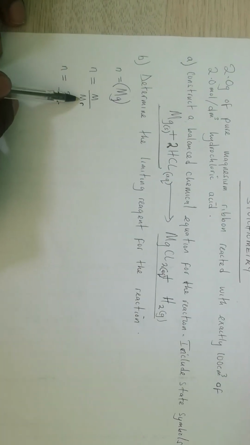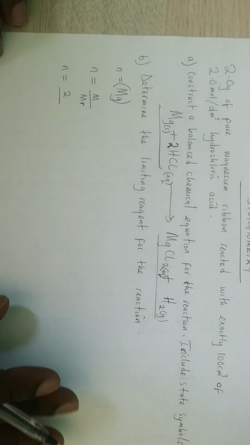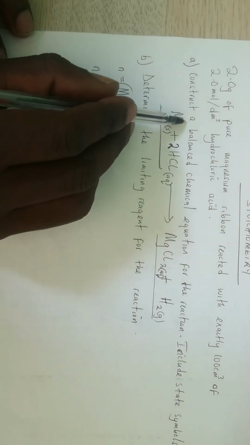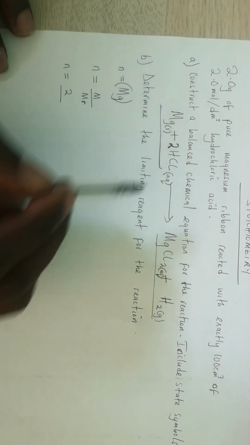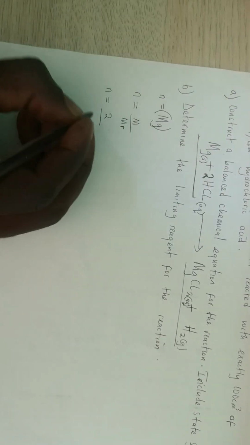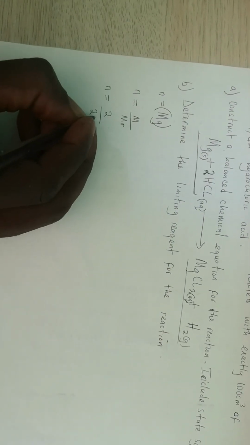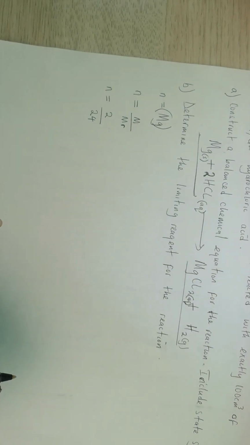And then the molar mass for magnesium is 24. How are we finding 24? Because we can see we have 1 atom of magnesium here. So we are going to say 1 multiplied by the relative atomic mass, which is 24. So we are going to divide 2 by 24, which is mass divided by